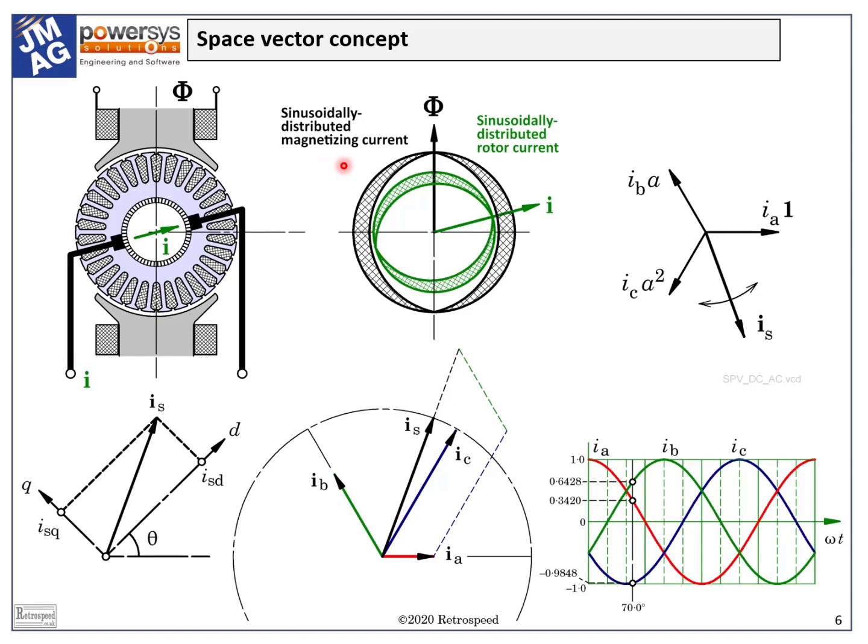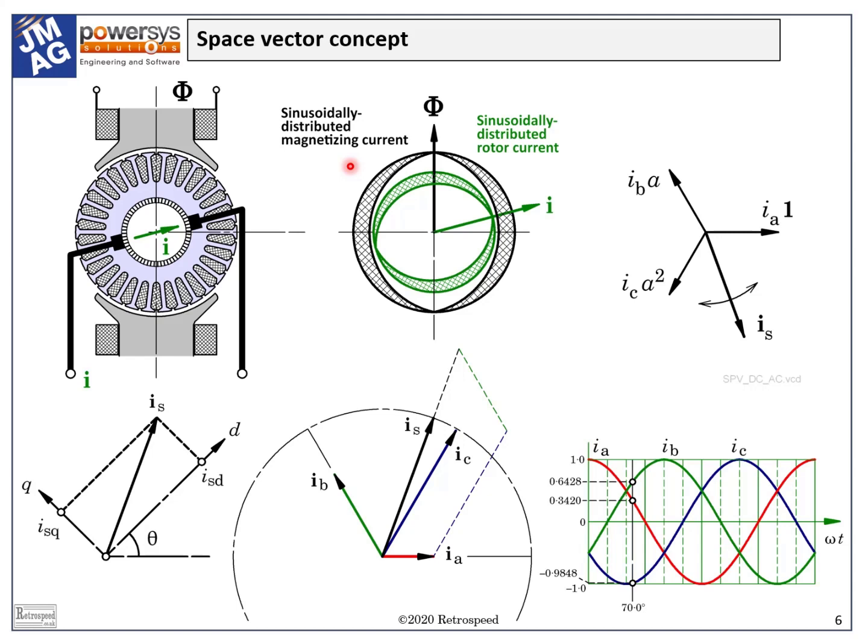Now let us consider the stator winding of an AC machine in which a sinusoidal spatial distribution of ampere conductors sets up a sinusoidally distributed flux phi. The important property of this flux distribution is its fundamental space harmonic component, which has two key parameters, the magnitude phi and the direction. In the normal AC machine, the flux phi is rotating at synchronous speed, and the ampere conductor distribution includes all three phases.